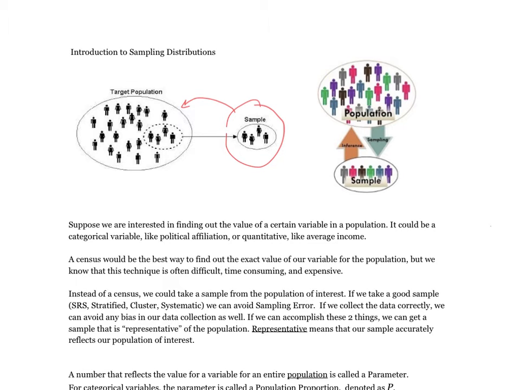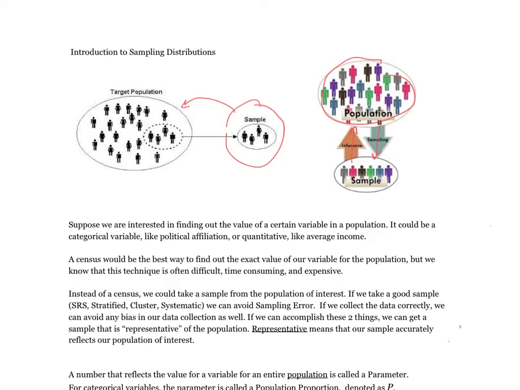Okay? And our goal would be that we would take that population, take a sample from it, study that sample, and then infer back information about the population. And this unit really starts us off into statistical inference, which is the goal of statistics: to take a sample and then infer into the population based on that sample.